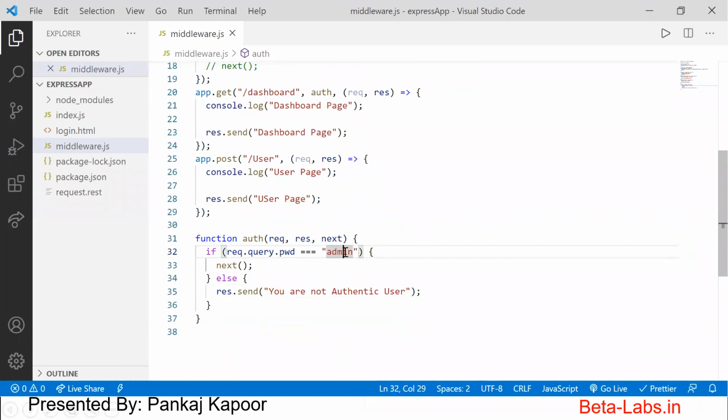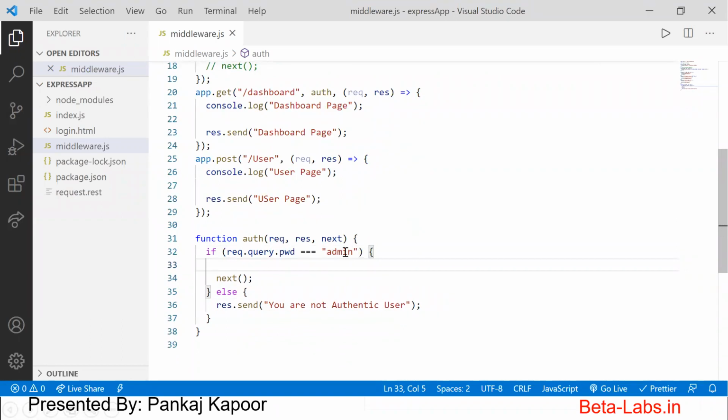Here I can also update the value. Suppose this is admin, and I want the request to be updated by the middleware, because middleware has access to the request object as well as the response object.